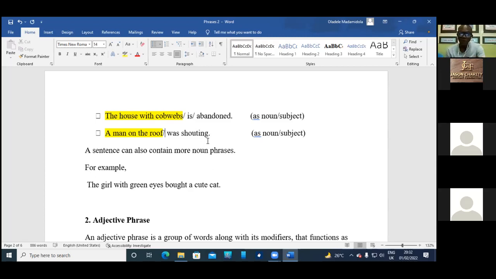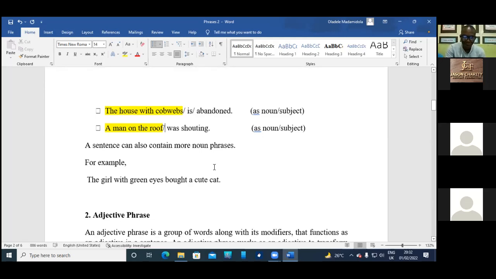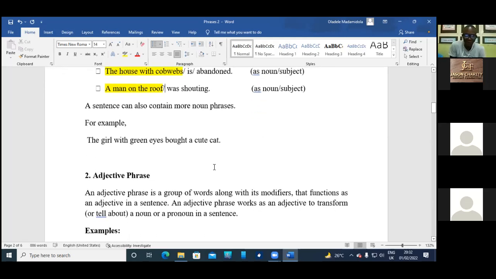We will get to verb phrases as time goes on, if not in this class, in the next class. When you have more than one verb in the verb position, what you have is a verb phrase. Is that okay? So was shouting is an example of a verb phrase. All right, thank you. Let's quickly move on. We have just 9 more minutes before we bring this class to a close.